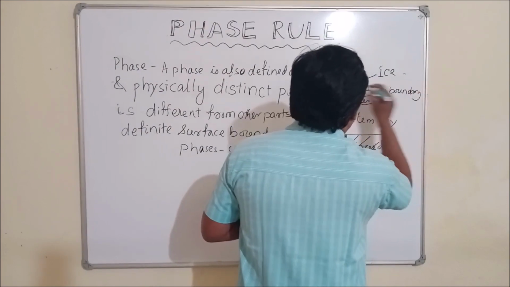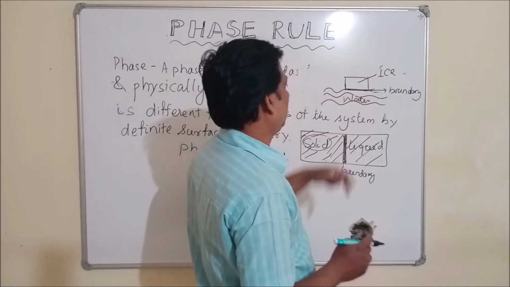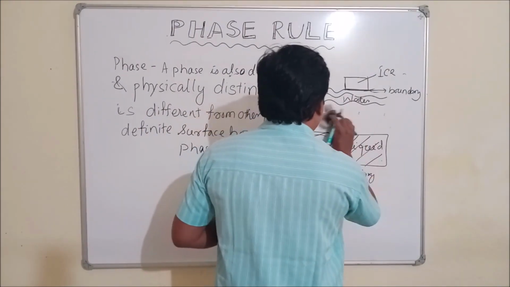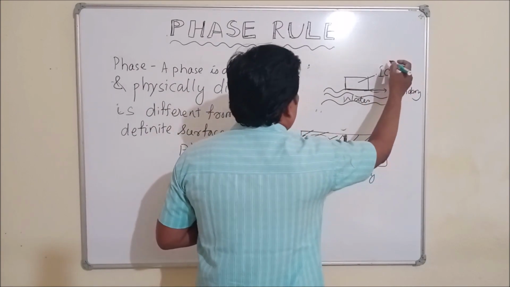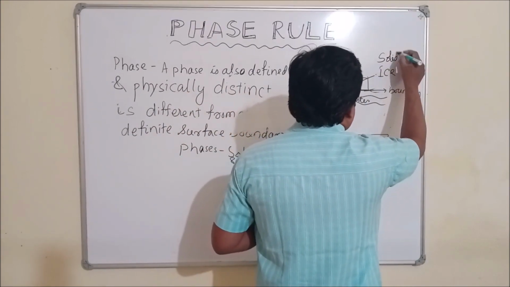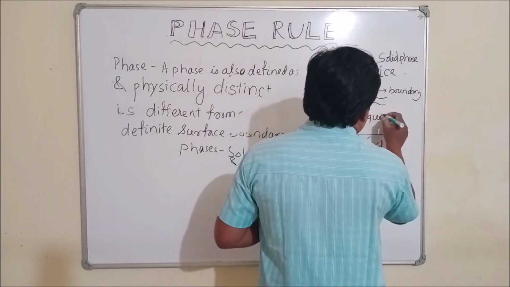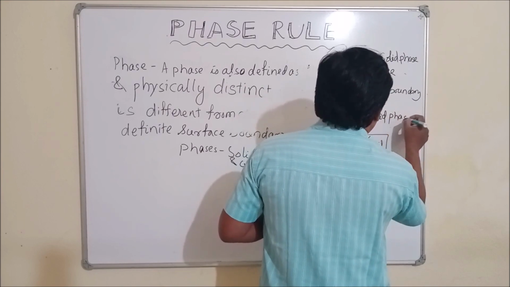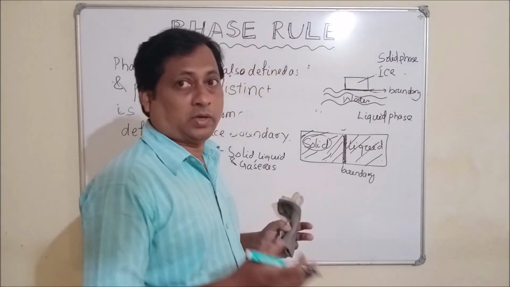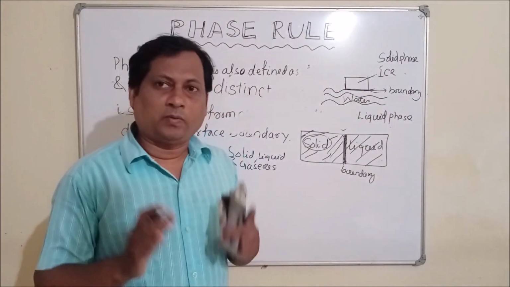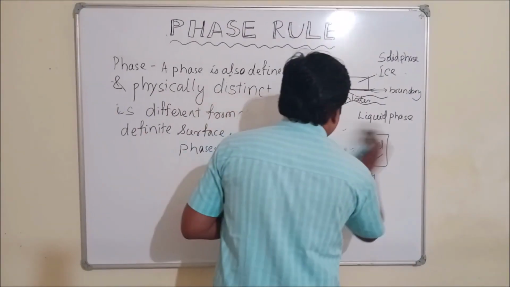तो यहाँ पे आप इसके ऊपर जाएंगे तो आइस मिलेगा, इसके नीचे आएंगे तो वाटर ही वाटर आएगा. तो ये जो phase है ये आइस phase है, solid phase है, और यहाँ पे liquid phase है. नीचे में कोई बर्फ नहीं है और ऊपर में कोई liquid वाटर नहीं है. वाटर तो है लेकिन liquid वाटर नहीं है.